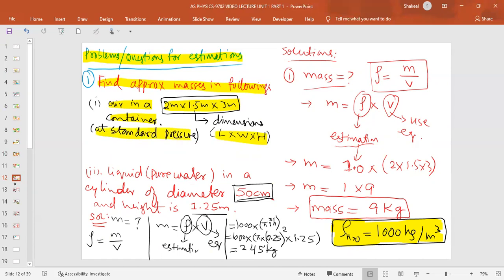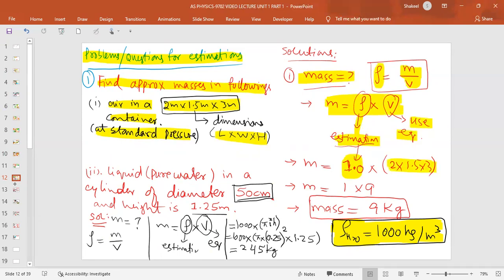At standard pressure, you have to tell how much is the mass of air in that cylinder. So we have to measure mass. Density is mass over volume, and mass is density into volume. Density is actually the estimation, the density of air is 1 kilogram per meter cube, and for volume, we'll be